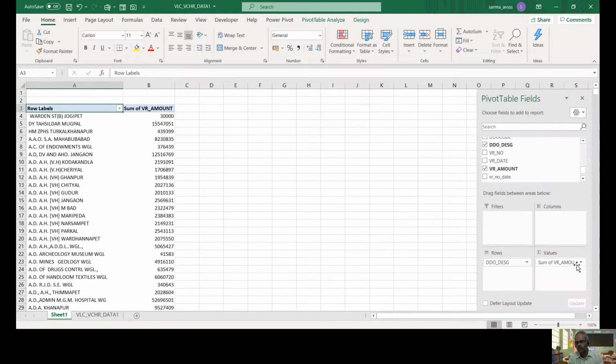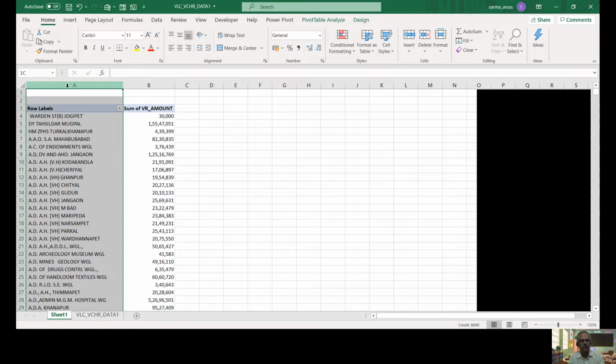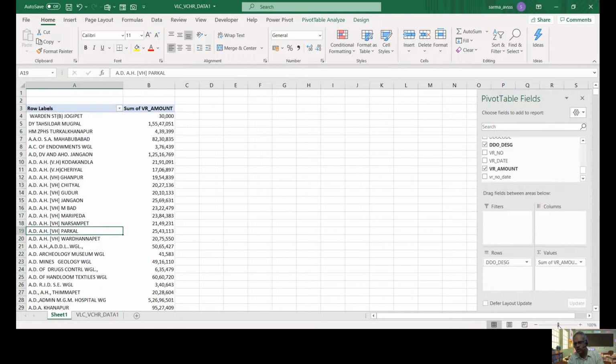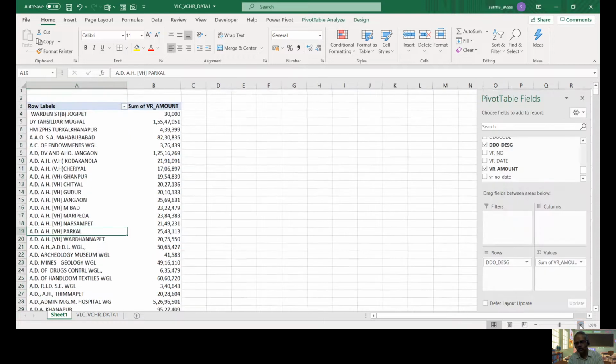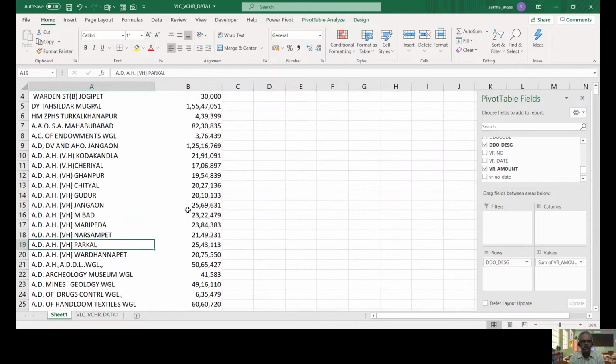Okay, so I'm formatting this voucher amount number. It is a number, so I'm applying the 1000 separator and turning the decimals off. Okay, I just formatted it, right? I will increase the font so that we can easily read the figures, right?